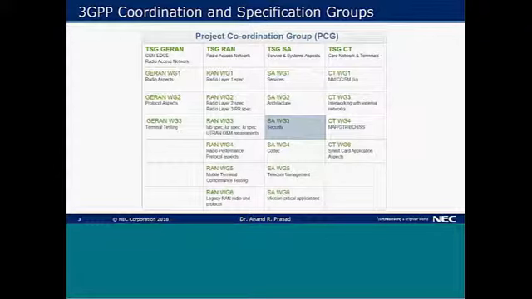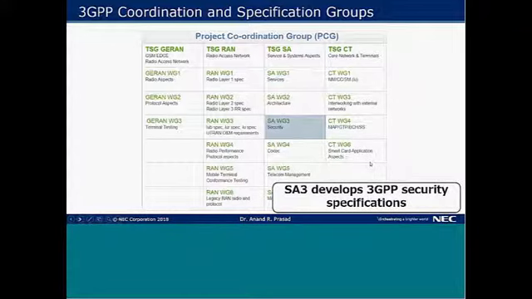For all this work, there is a group called SA Working Group 3 that falls under the TSG SA, Service and Systems Aspects Group. That's the one grayed out here. This group provides security for everything in 3GPP, not only this SA part, but also the RAN part and the CT part shown here. 3GPP SA3 develops security specifications for all of the mobile communication systems that you see.